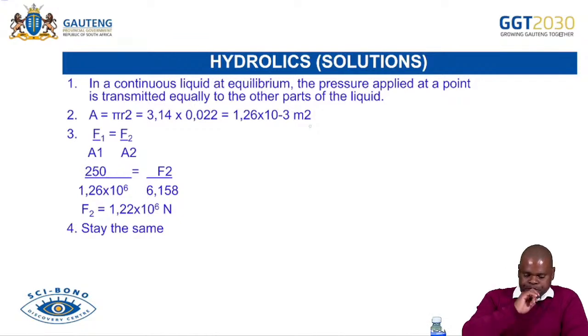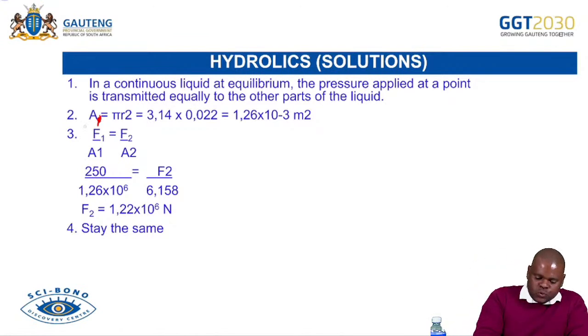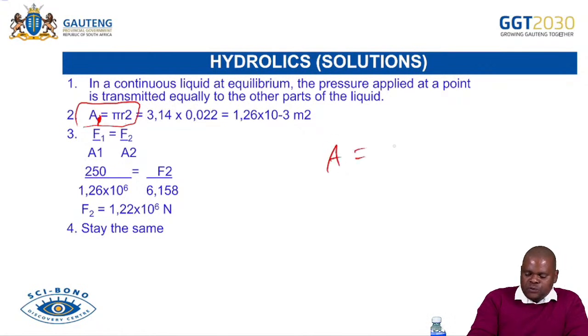And then number 2, they said calculate area 1. Because area 1 is a circle, that is why we're using this formula here. And this 2 here is supposed to be a square. The formula will be pi r squared, like this. Then when we do that, we see that it's what? 1/4 times